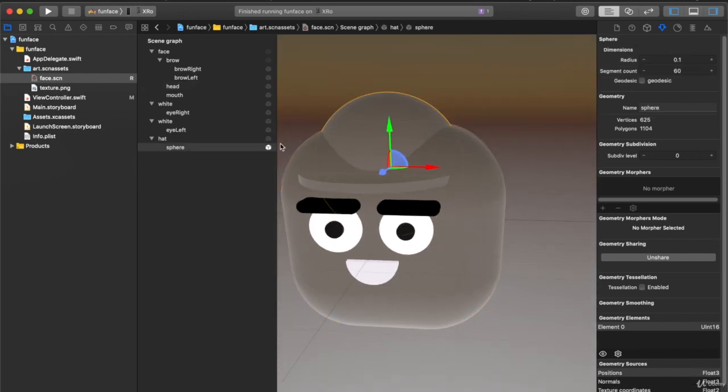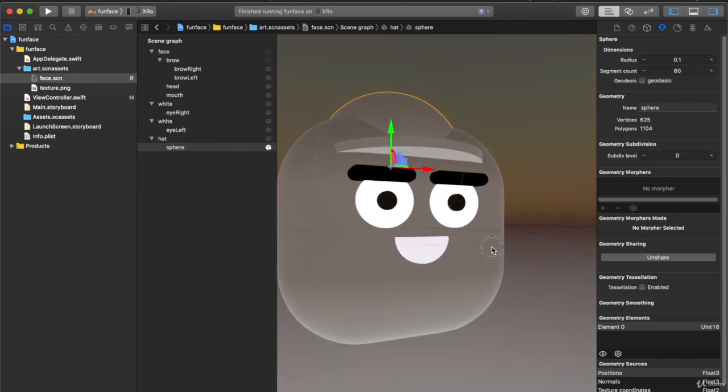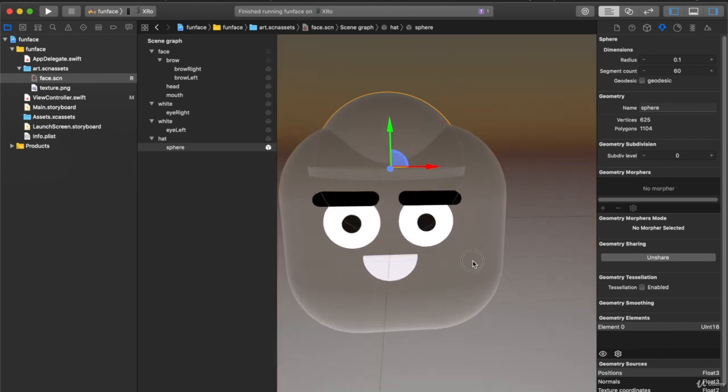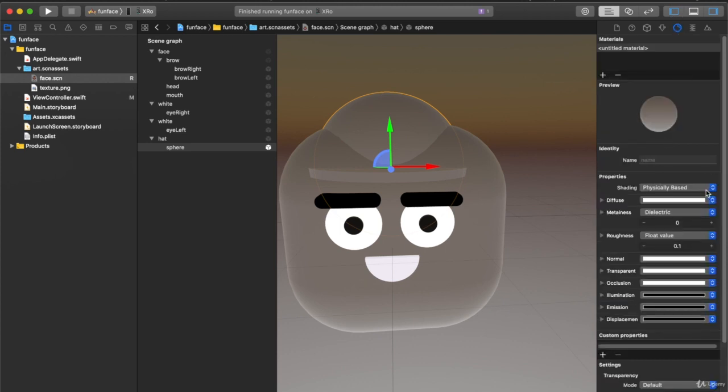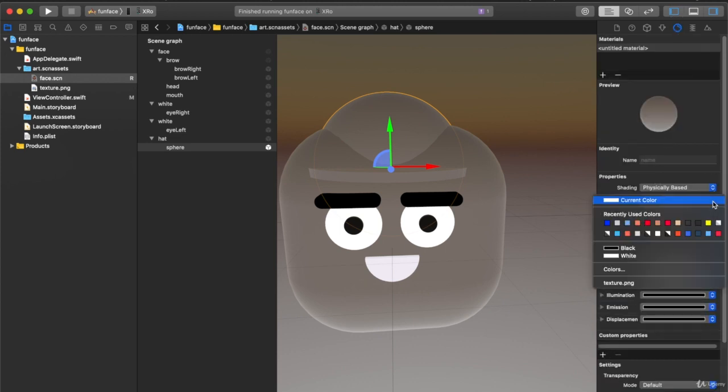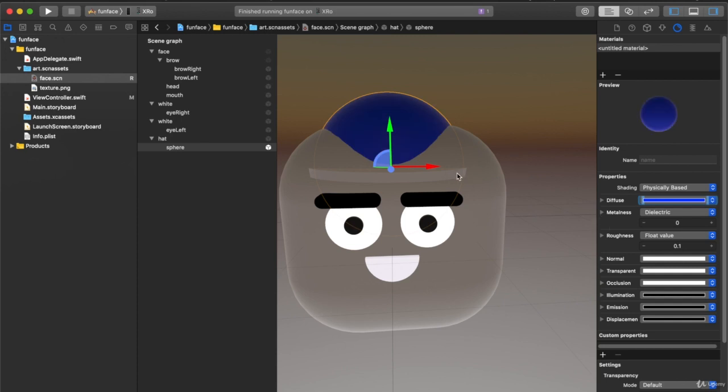Oh well, I guess that will be good enough. It's really just for fun. Nothing's going to be tracked here, but I'm going to make this physically based blue,